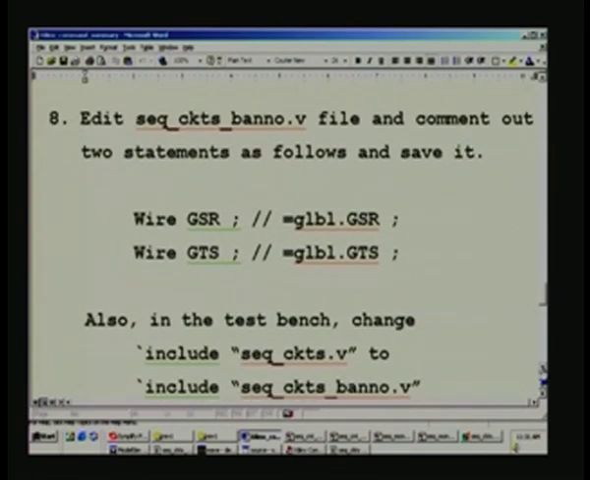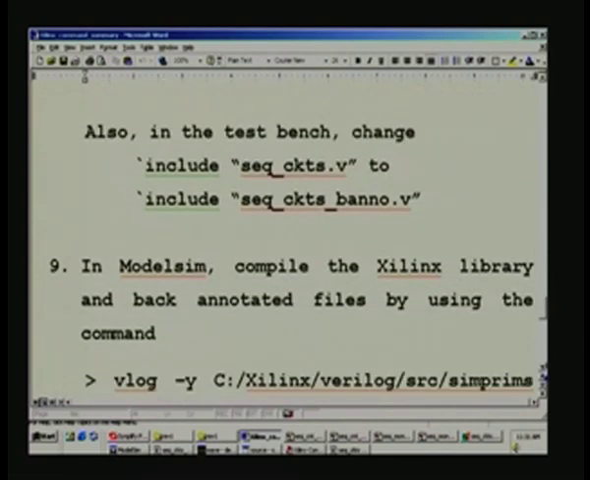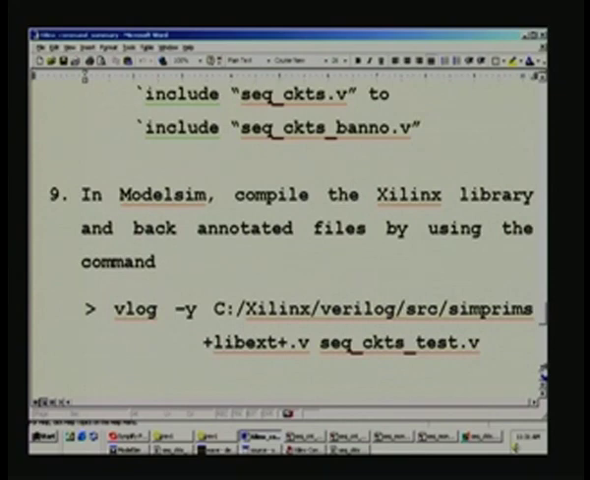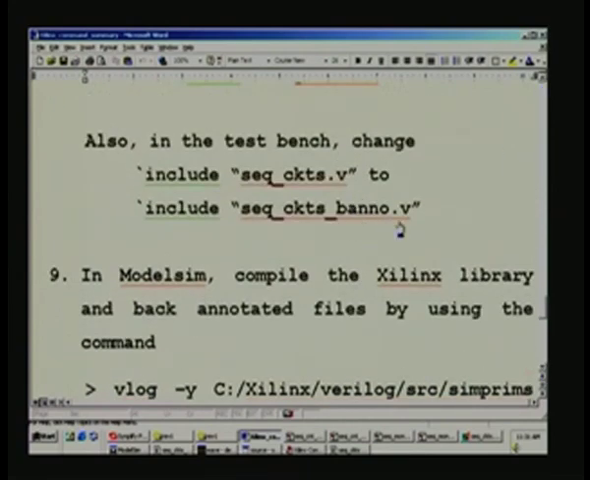then we also saw that we need to replace some two statements by commenting out these two here as shown here. And now in the test bench we should make sure that this back annotation file is added in place of the .vm file we had used earlier for the optimization, and that is